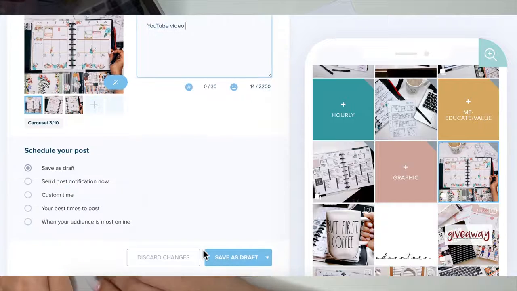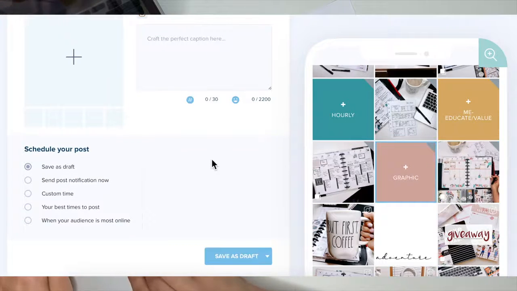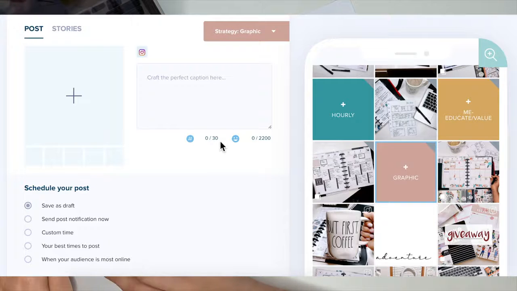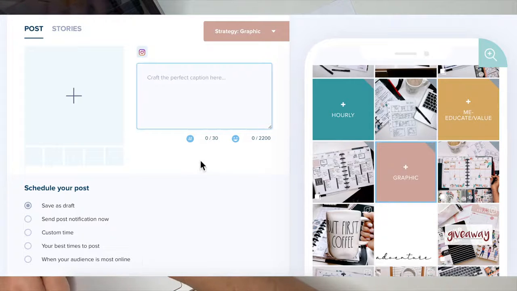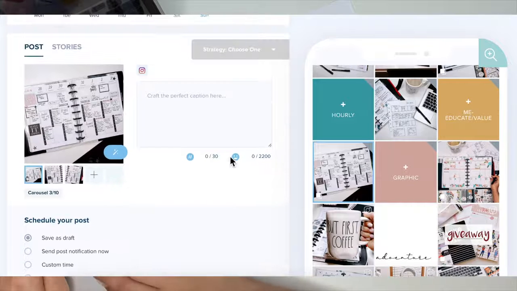We're going to keep that as a draft. This one, I can go in there if I wanted to, if I wasn't sure what that graphic was supposed to be, and I can literally make a regular graphic. If you need to use it that way, you can. But this one was an after the pen in my catch-all. This one, maybe I'll talk about